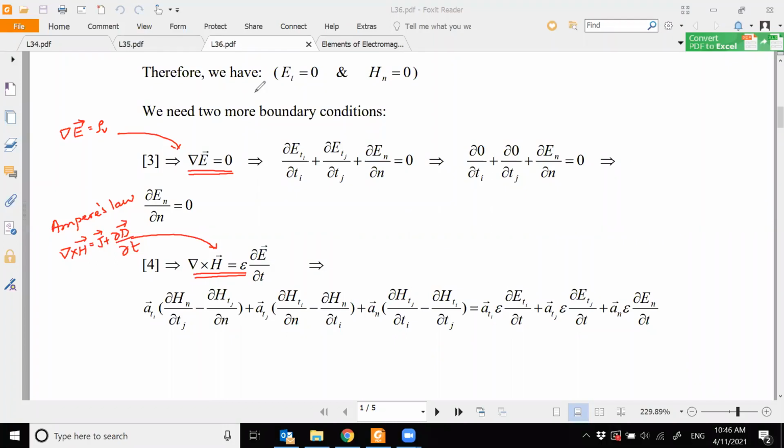Divergence of E is equal to 0. Yes, there should be a dot there, because this is coming from Gauss's law,